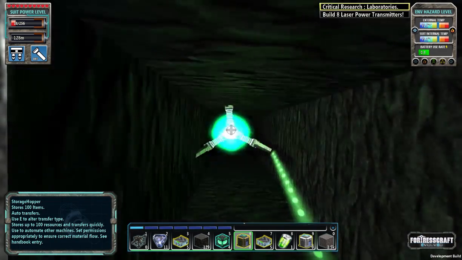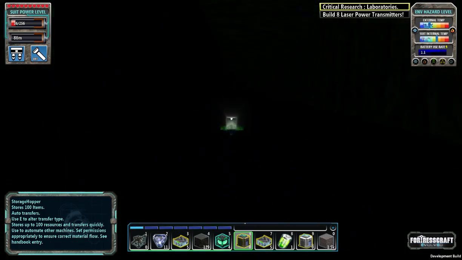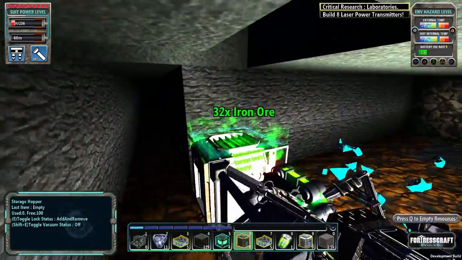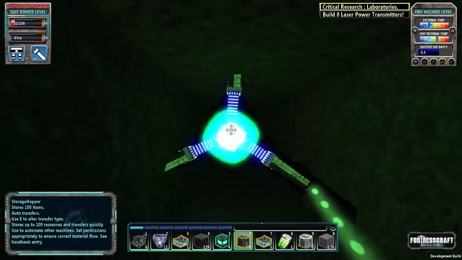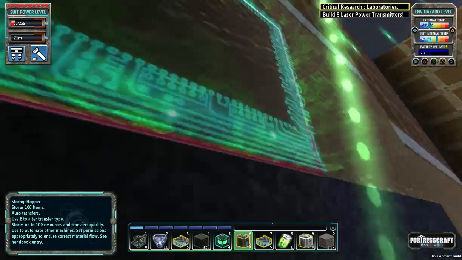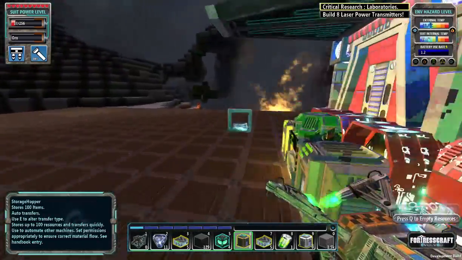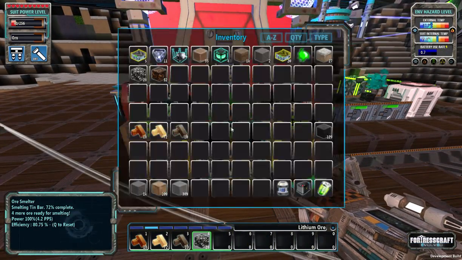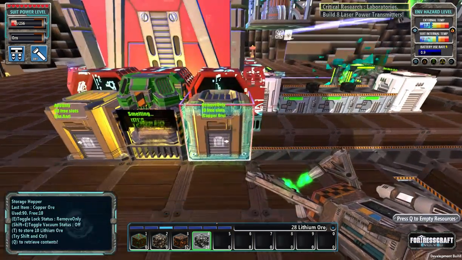That is only 7 bars, which is not very many. I'll grab the iron while I'm down here. Oh, there we go. That would have hurt. Okay, so now we have lithium. Let's take it out of that one and put it over here. So now I have...